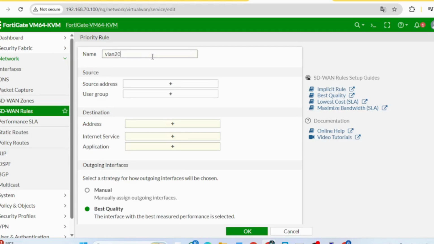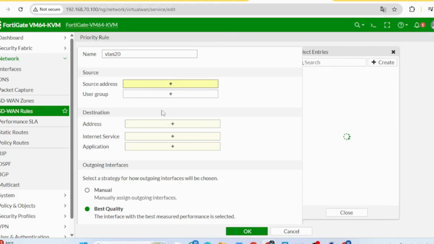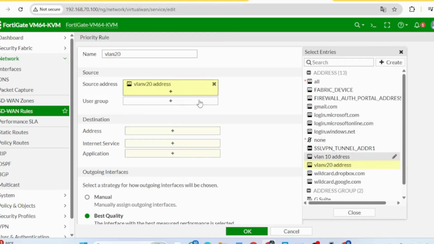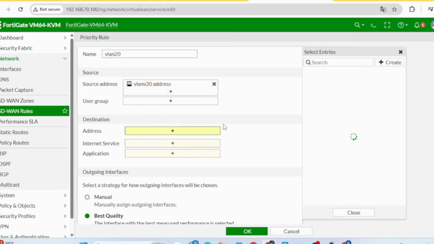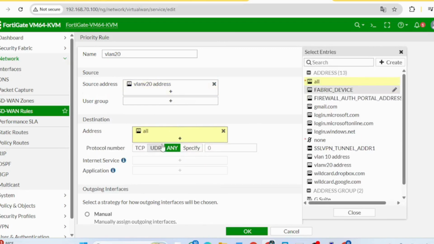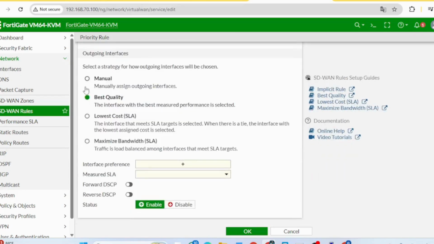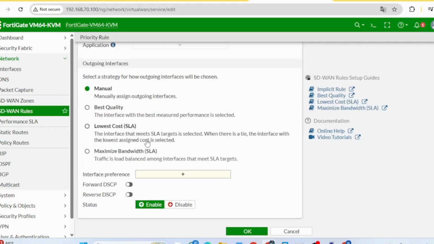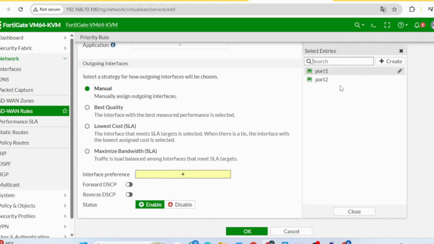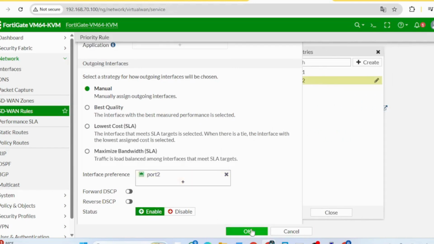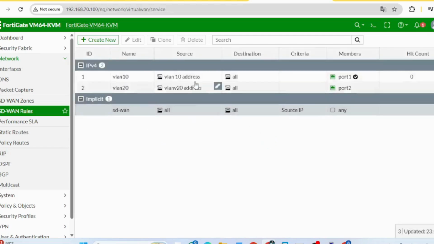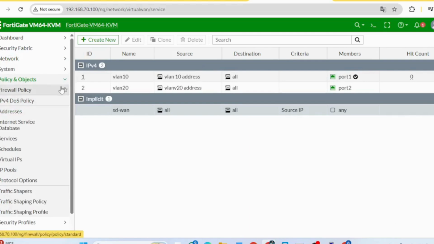We need the source address VLAN 20 address with the destination address of all in any. Then we need to make it manual, and then interface preference of port 2.